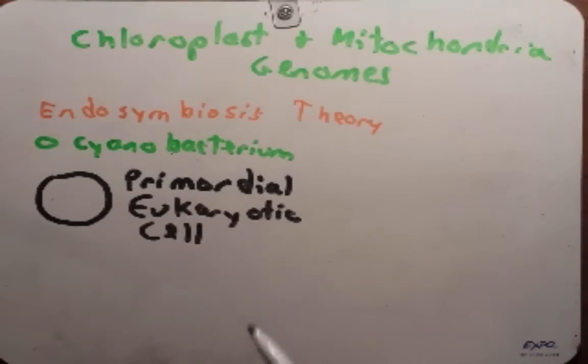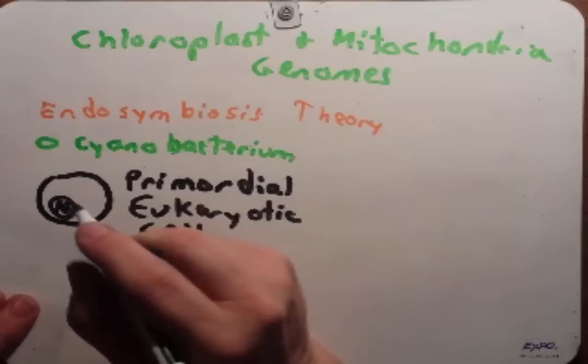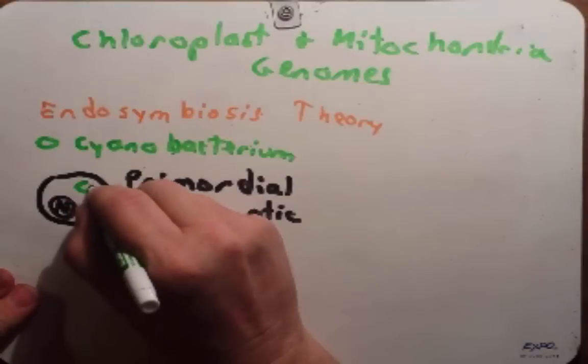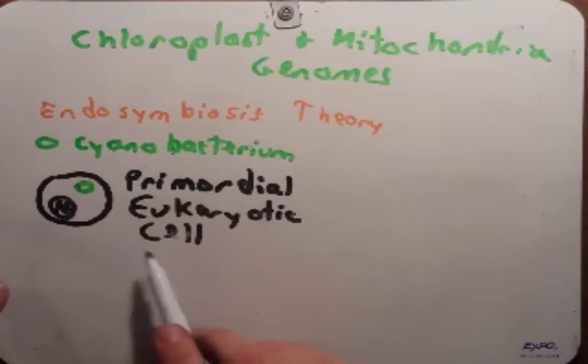Primordial because it didn't have all the adaptations that our eukaryotic cells have today. It wasn't able to undergo respiration or photosynthesis. It was still developing and still adapting to the pressures that it encountered. It, of course, still had a nucleus, and this primordial cell took up this cyanobacteria. Now, this primordial cell with this cyanobacterium had a distinct advantage over cells without it. It could undergo photosynthesis. It was able to use energy from the sunlight. This was a very distinct advantage.